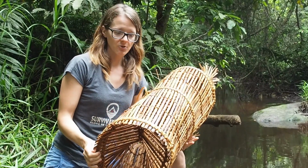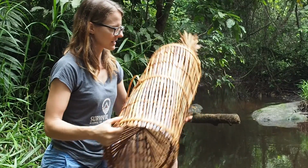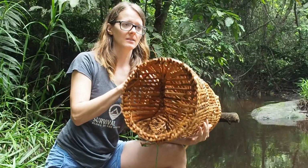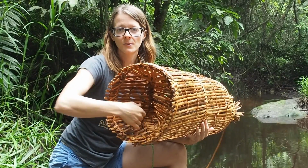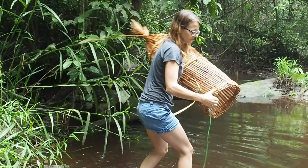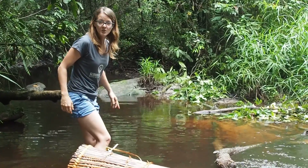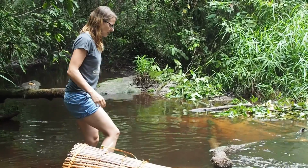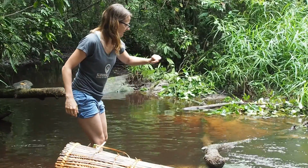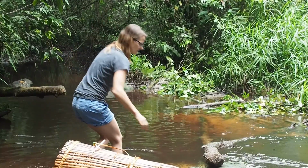Alright, so now I want to set up the trap, and an old lady from the village told me that I can set it in like this using a bait, but I can also use the trap without a bait, but then I need to make a barrier beside the trap so that the fish wants to go into the opening, into the hole. Alright, so I have found a very good spot where I want to place my trap. Here in the middle of the river there's a big boulder. I can use that for setting up my barrier, and at the other side it's very shallow, and now I want to take this branch here